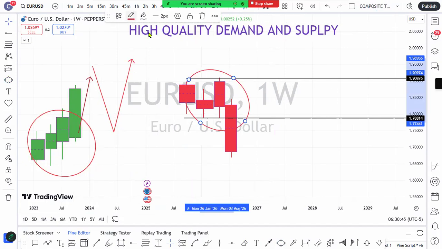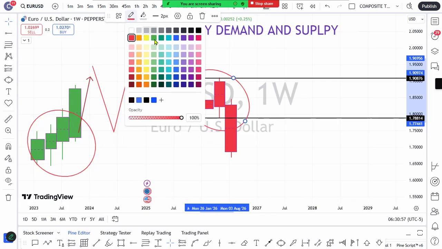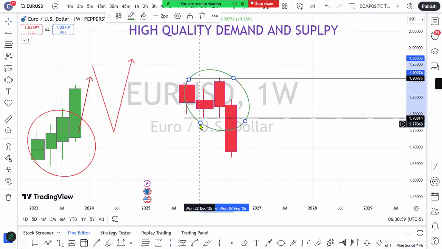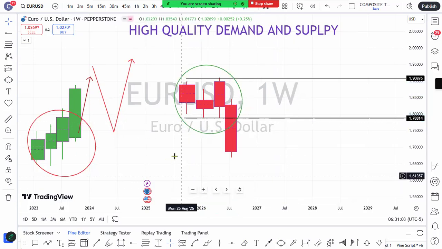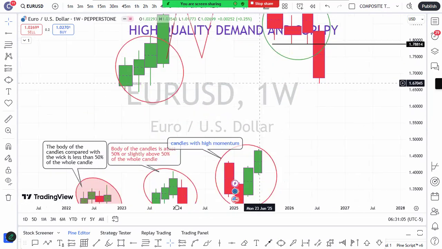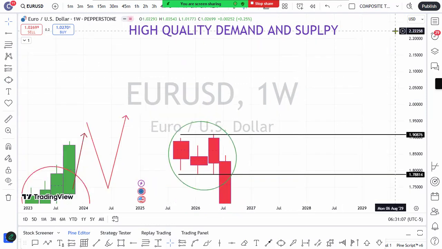This is my zone of interest, because it's a zone where you can see some institutional activities. If you're looking for a supply zone or a demand zone, this zone is going to be of high probability in your setup, right? Another thing that I've noticed when I was doing the backtesting,